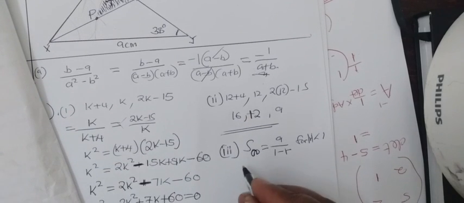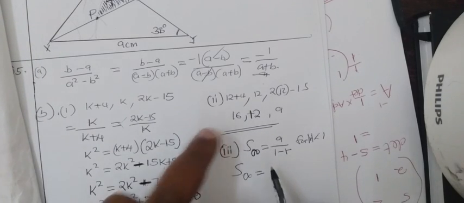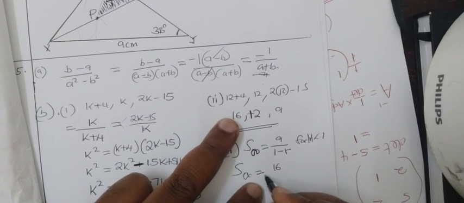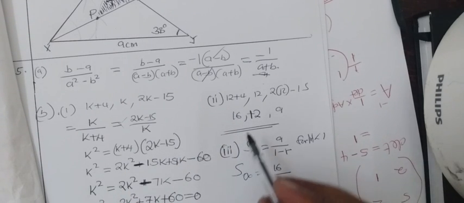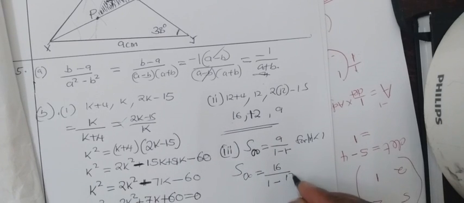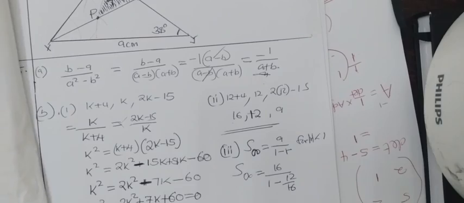Okay, so we are saying the sum to infinity is equal to, what is our first term? Our first term is 16, divided by 1 minus, what is our common ratio? Our common ratio is found by saying 12 divided by 16. 12 divided by what? 16. Okay. So here, you can say,